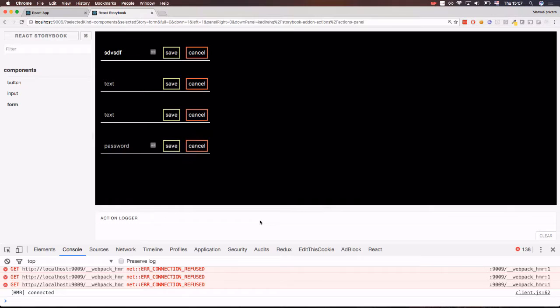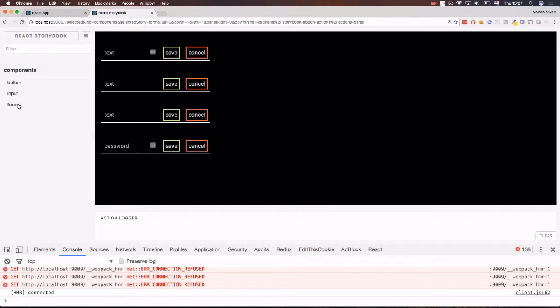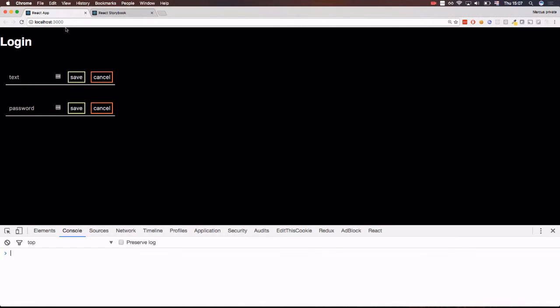So that's why Storybook is really important. You need to get some kind of feeling of what the view looks like to get some kind of overview. If you need to look at the entire application, right now it's just like this. But once you start adding more, it gets more complex. You need some kind of registry to see how it works. The last thing, one last